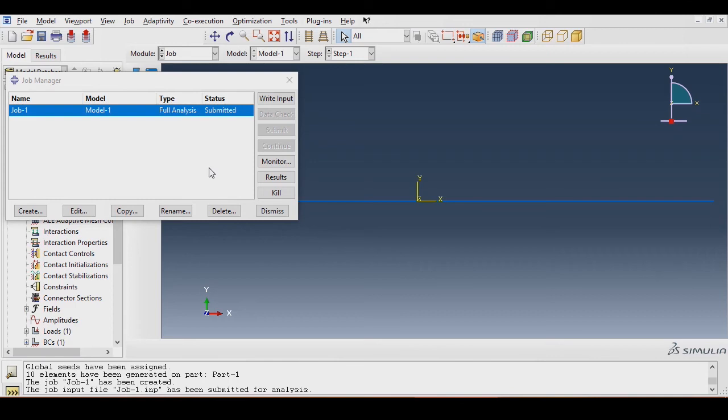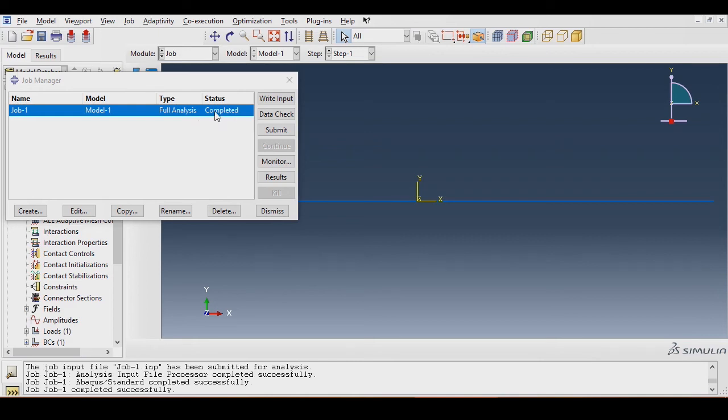The span of time required by Abaqus for running the analysis depends on various factors such as the processing speed or capacity of the computer, the RAM, the processor, also the mesh size and the length of the element, and how much analysis it has to undergo to give you the final result. All these factors dictate the analysis time. A practical real analysis done in industries may go from weeks to months. So now our analysis is completed. This is a very simple analysis.